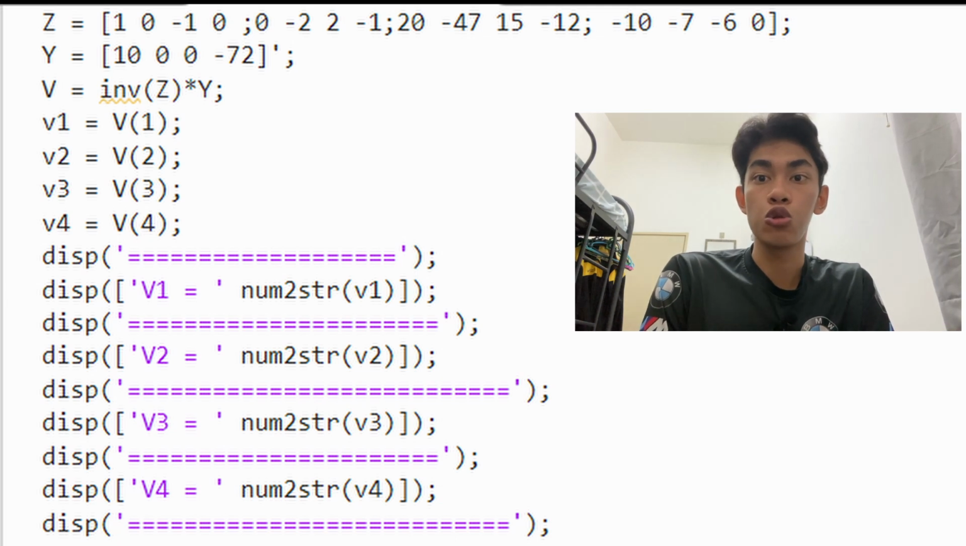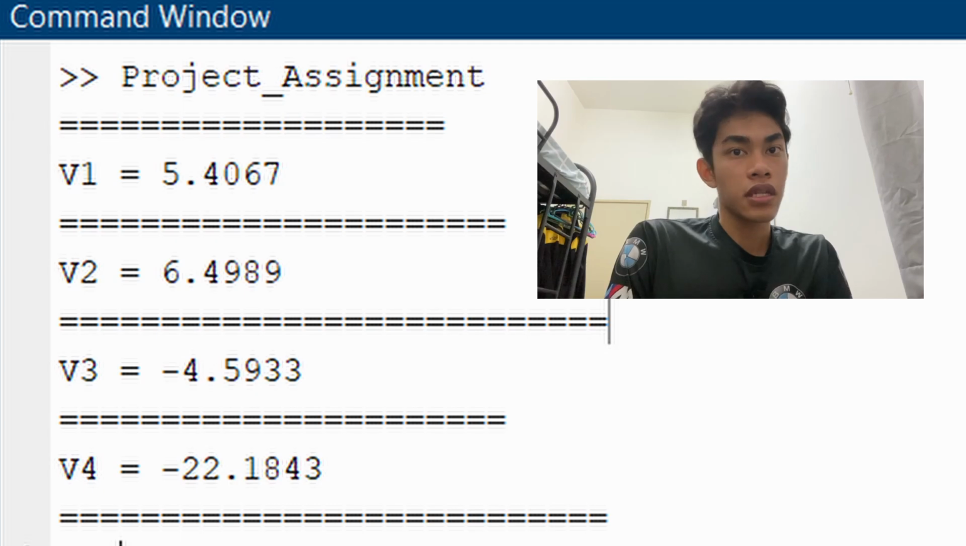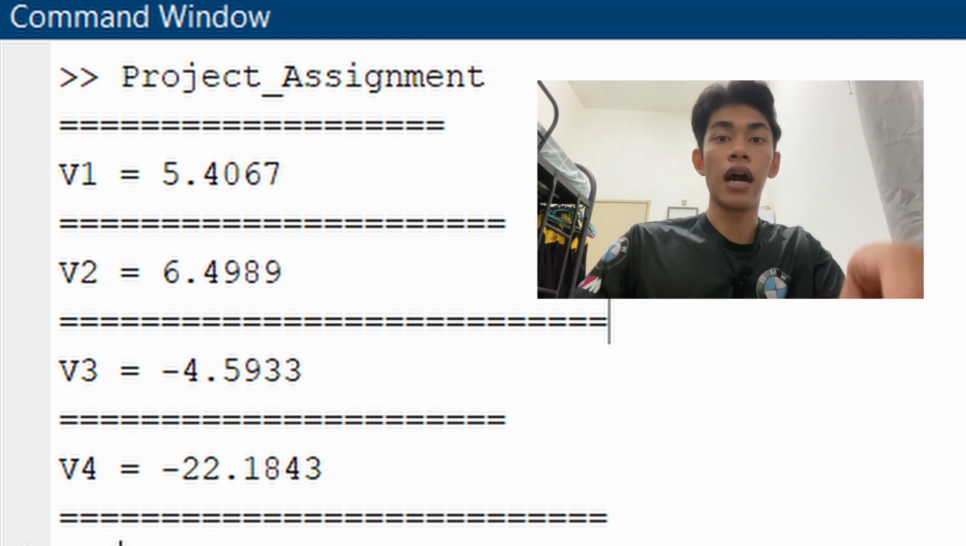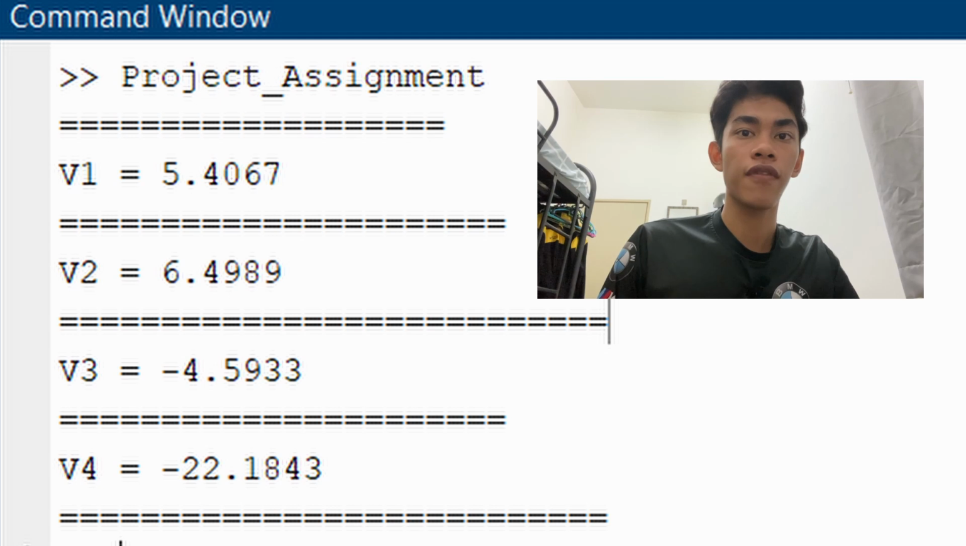Because we want to introduce the number to the command window. So same goes to the V2, V3 and V4. So that's how we write the code. So this is the answer that we generate from the code. As you can see, the answer which is V1 equals to